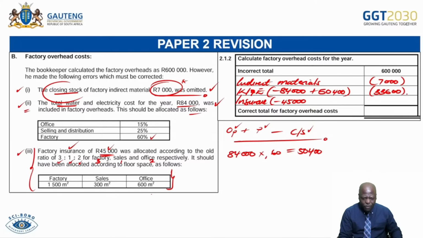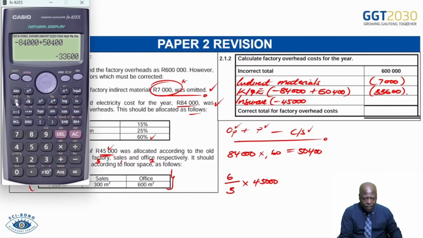Then you now say, you want the total, which is 3 plus 1, that's 4, plus 2, that's 6. So you want the 6, and for the factory, we had given a 3. So you want 6, and you have 3. And then you multiply that by your 45,000. So if you come to the calculator, we are now saying here, it's going to be 6 over 3. And then we multiply by 45,000.